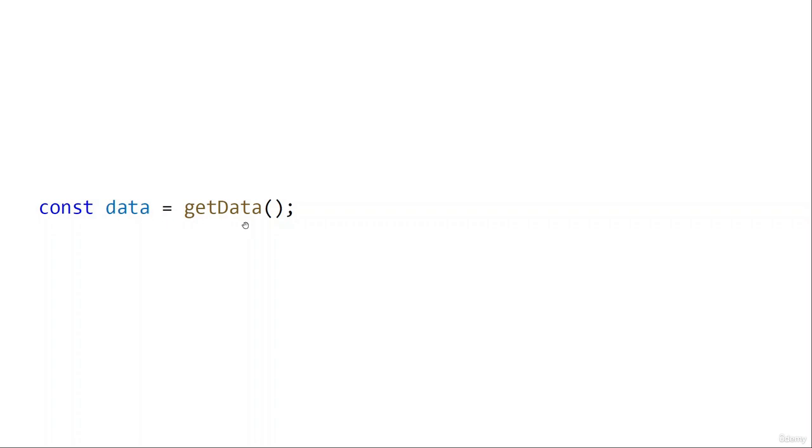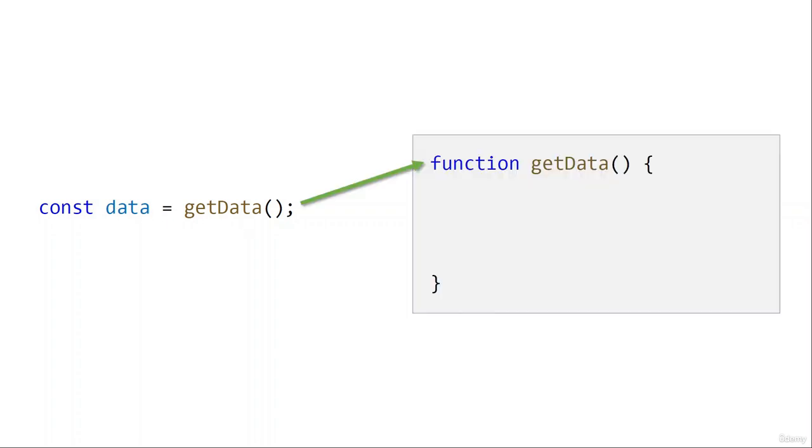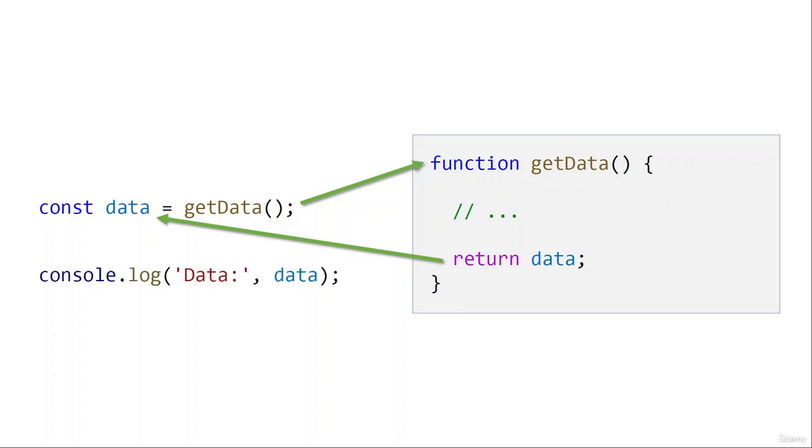So I'm going to call this function getData, which JavaScript will go inside that function, execute whatever code it needs to execute until it reaches the return statement. Once I get that, it will return the data to this line, and then I can do whatever I need with this code. Just so we give some names to everything, the code on the left is called consuming code